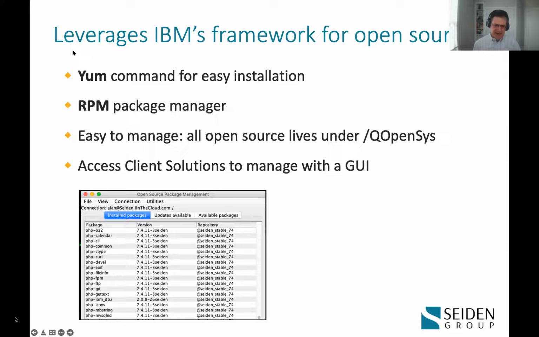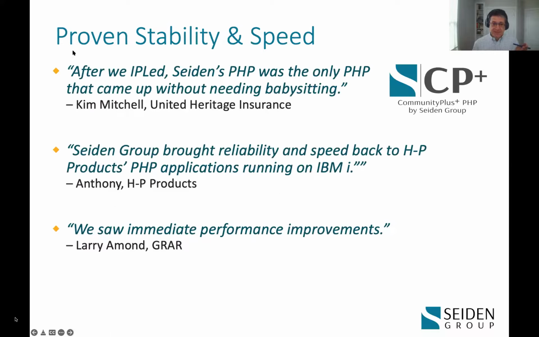So I'm going kind of fast today, so I'll show you different ways to achieve the same thing. You see there a lot of PHP packages from the Seiden repository. There are a few little testimonials about the Seiden PHP, which is RPM based, that after IPLing, one company just found that PHP started up right away, no babysitting needed. So that's part of it. You don't want those surprises. Speed and reliability. People who love Linux actually love the way PHP runs on the IBM i now, and better performance